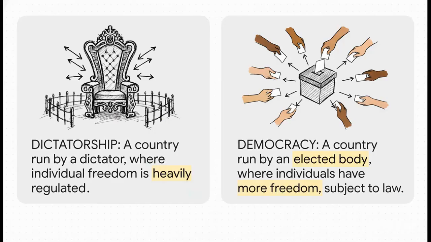All right, next up, the political system, how a country is actually managed. And the difference here is, well, it's stark. A dictatorship piles all the power into the hands of one person or a tiny group, with a really tight grip on individual freedom. A democracy, though, spreads that power out to the people through elected representatives. And that choice has massive consequences for the legal system because it determines who makes the laws and just how much freedom people have under them.